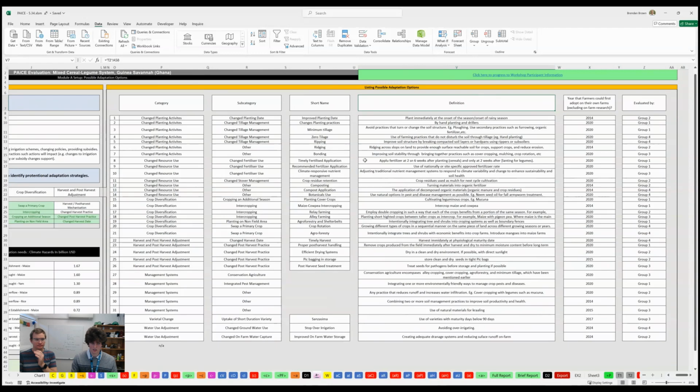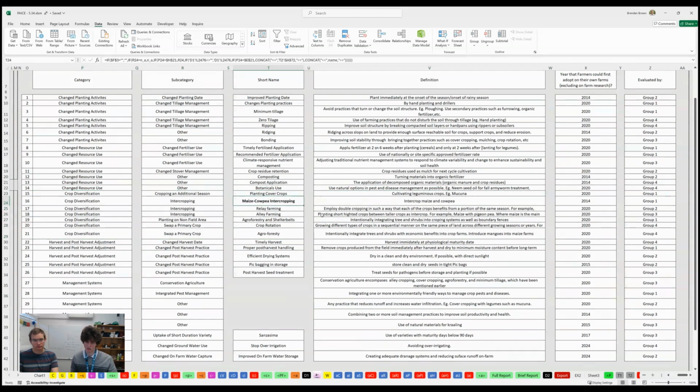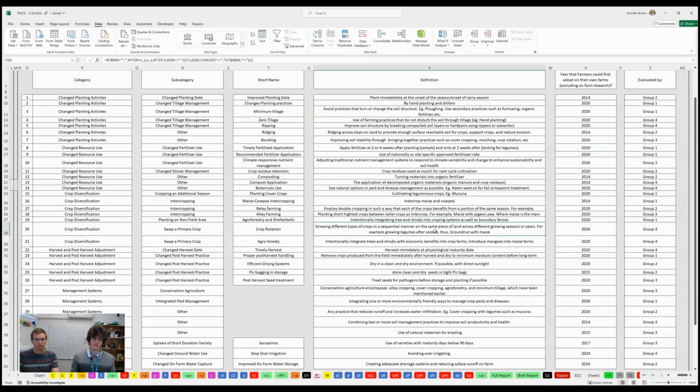So for varietal change and crop diversification, for instance, we need to know which crops you plan to use for this adaptation strategy. If you say varietal change and you just say what you want the varietal change to do, as opposed to giving us the actual variety, then it doesn't actually work with the tool. Same with crop diversification. If you give us an adaptation strategy which relies on crop diversification like intercropping, we need to know what intercrop you are planning to use with the tool so that we can assess the yields on